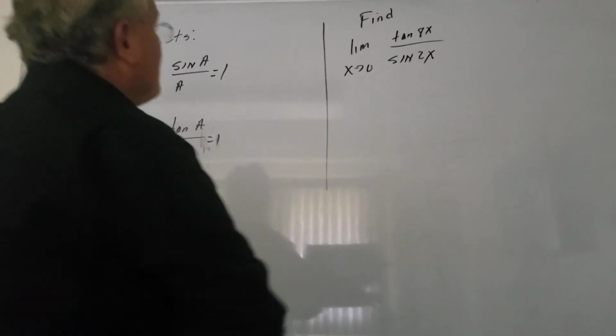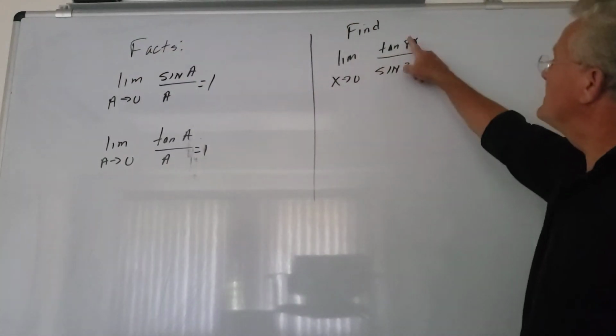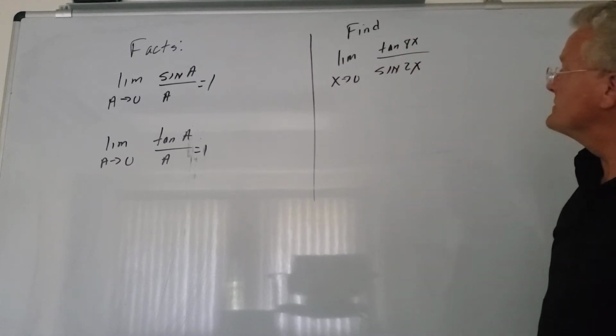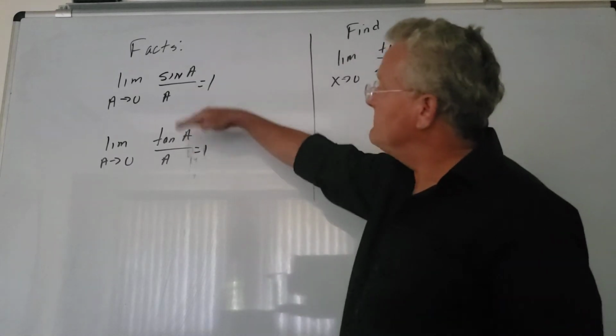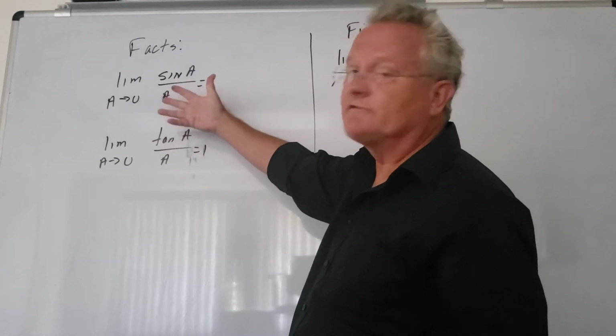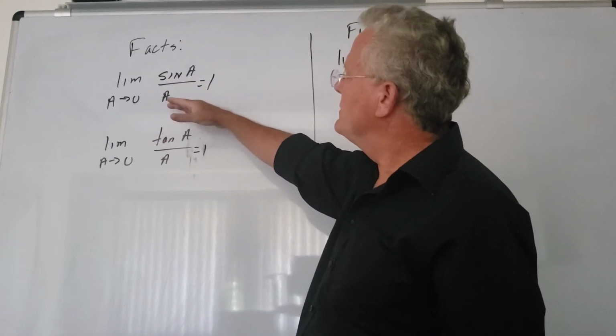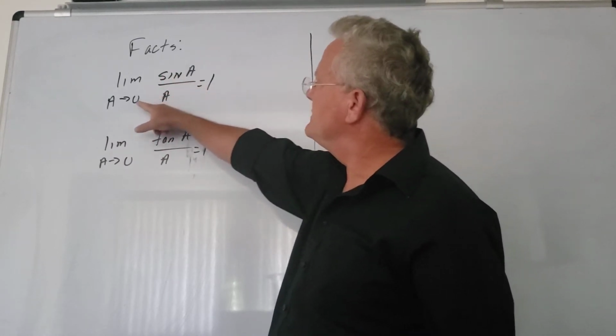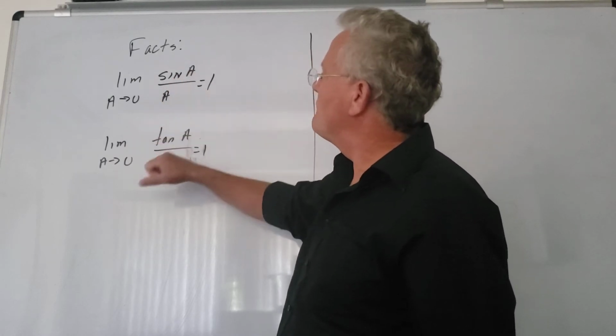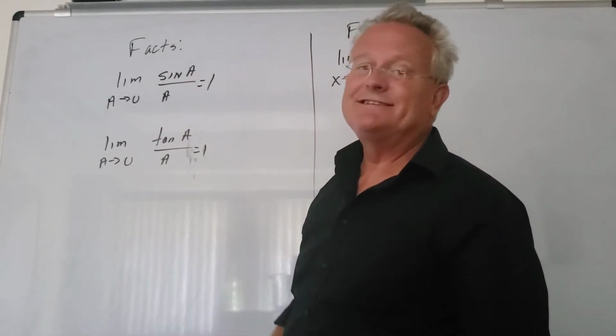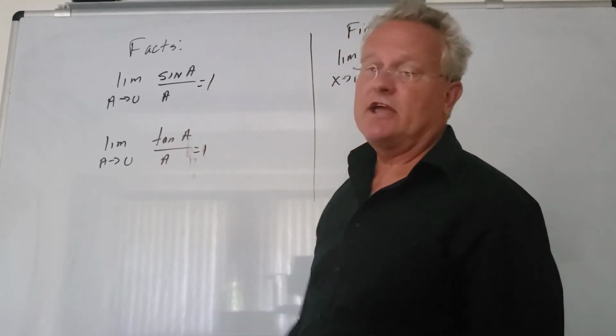Okay, so first of all, we're going to evaluate this limit that has a tangent and sine function in it. But to do that, we need to be familiar with these two facts. These are facts. I'm not going to prove them, but it's true that the limit as a goes to 0 of sine a over a is 1, and the limit as a goes to 0 of tangent a over a